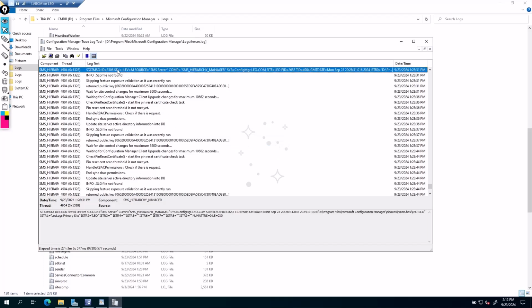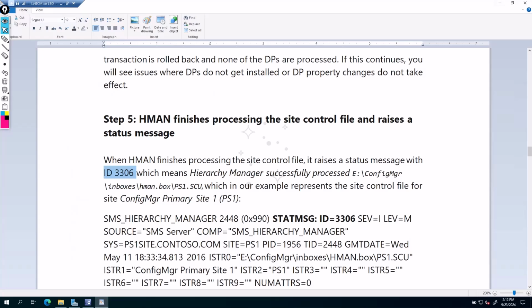See, so here we have the state message ID 3306. And also we can observe that we have the file here, site control file, leo.scu. In our case, leo means our site code. So we're fine. So next,